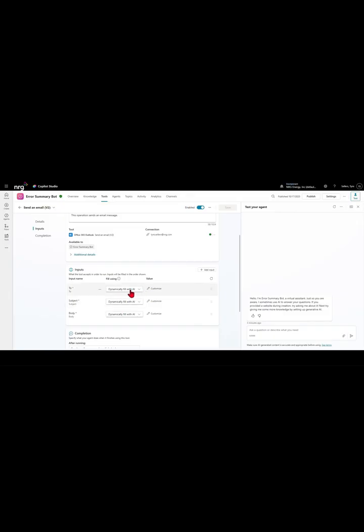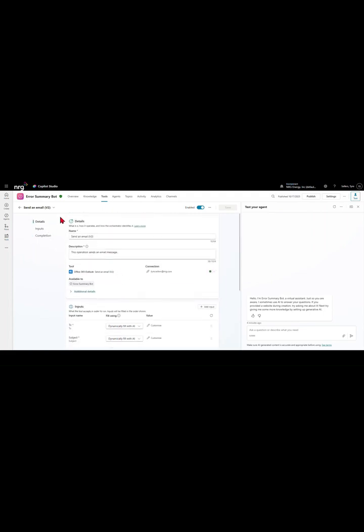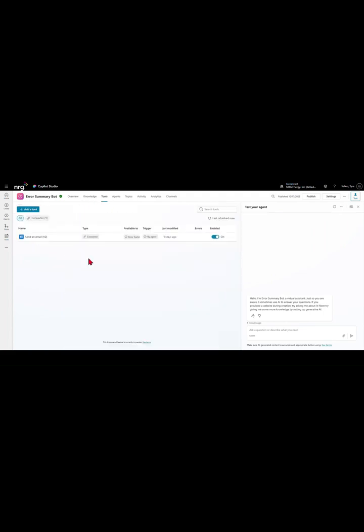So as you can see here in the fill using, I have dynamically fill. I could also choose customize. Then in completion, I don't have any sort of completion step really. What this is for is the activity tab, and we'll look at that here in a second. But really this covers letting me know that the final outcome has been completed. And so this is a tool. So we'll go back to the tools section so you can see what that looks like